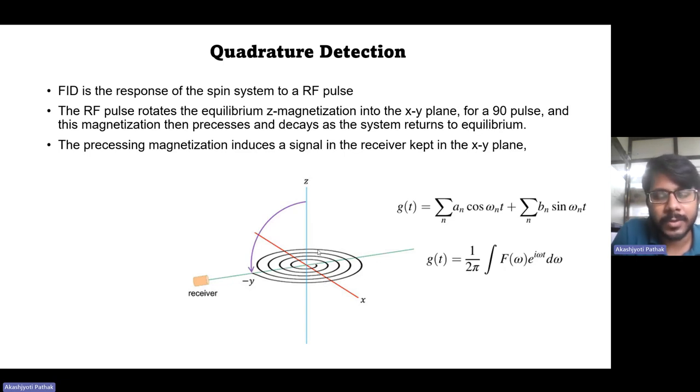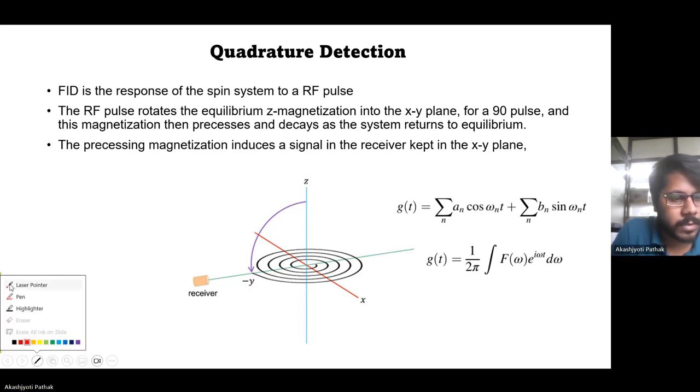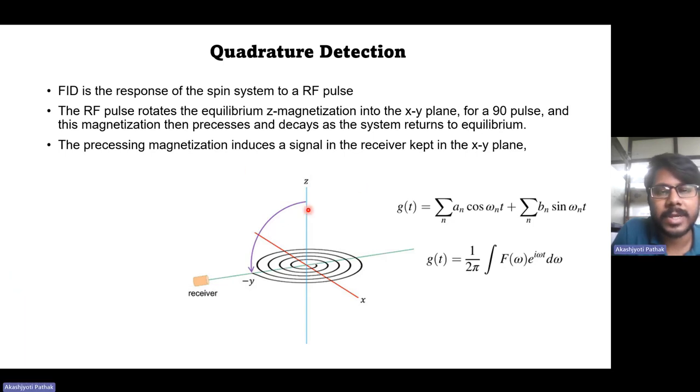As you can see in this figure, the RF pulse is applied along the positive x-axis, and this RF pulse has caused the bulk magnetization to shift from the z-axis to the negative y-axis. Now, we also learned that the RF pulse is applied in a short burst, on the scale of microseconds. So for a few microseconds, this RF pulse is applied, and then once this RF pulse is removed, the bulk magnetization,